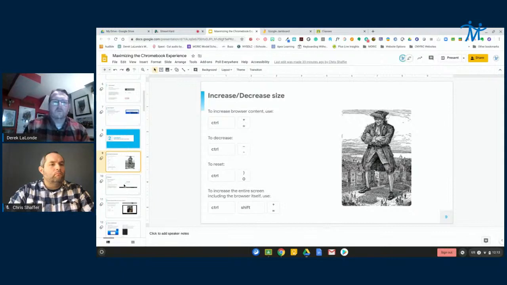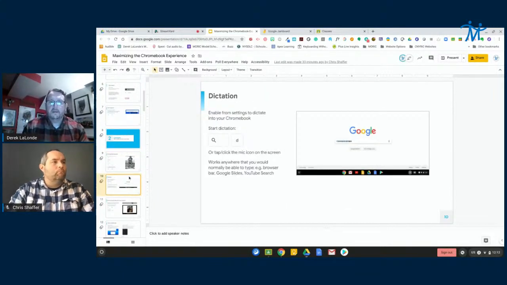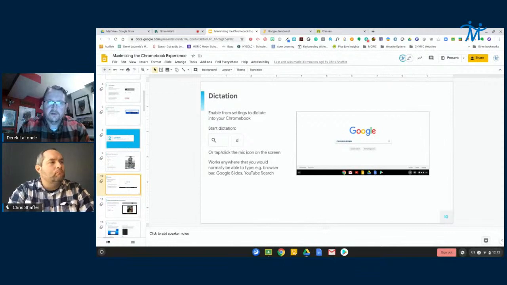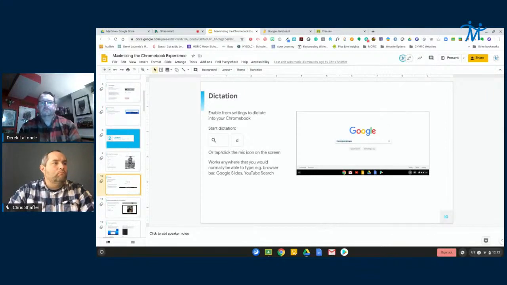On top of that, we have the dictation speech. So what we can do is if I hold down the search function and the letter D, or if I tap the mic icon that pops up on the screen, that will enable us to dictate into the Chromebook itself. So I can do my Google searches, I can do things like that, all using the microphone. So to give you an example of that,